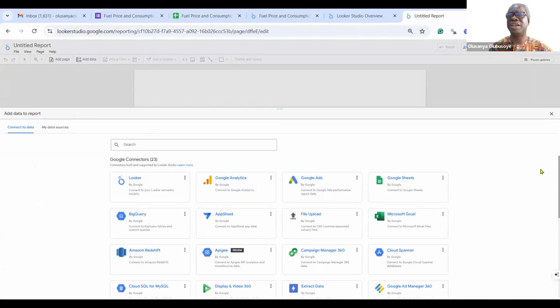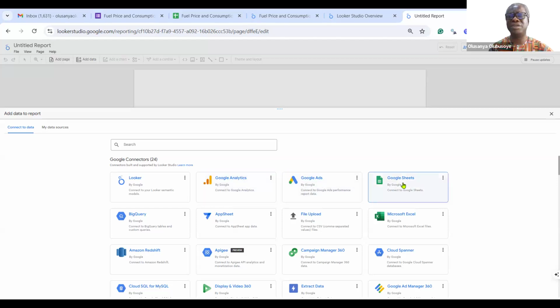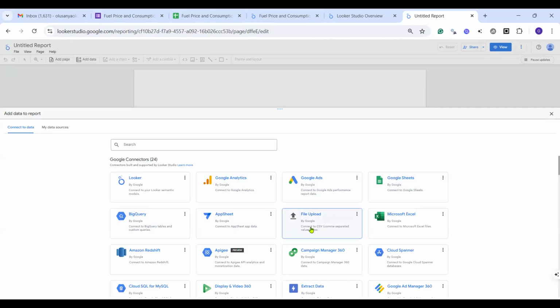Everything here indicates the connectors. The connectors are data sources, the different data sources. It can be from Google Analytics, Google Ads, Google Sheets, and so on and so forth.